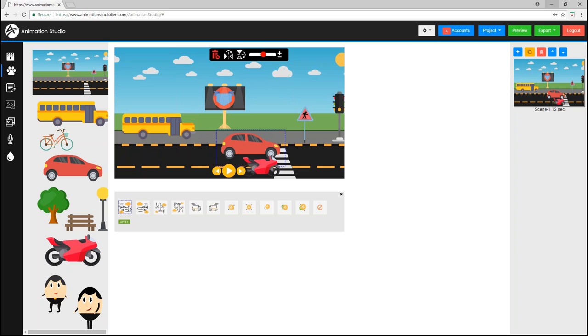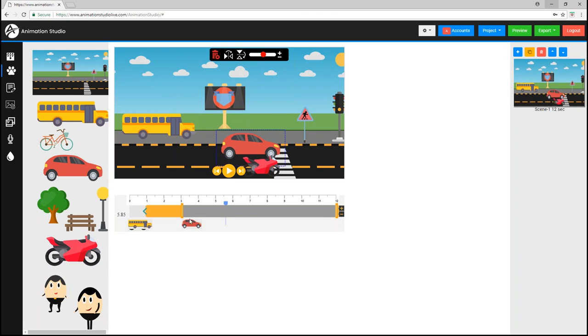So if I want it to drive in slowly or drive in quickly, I can make it do that. If I want to do other effects like making it fade in or zoom in, they're all different choices for me here. So I can make it look like this car is zooming in